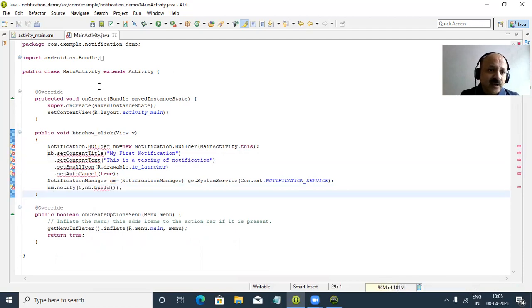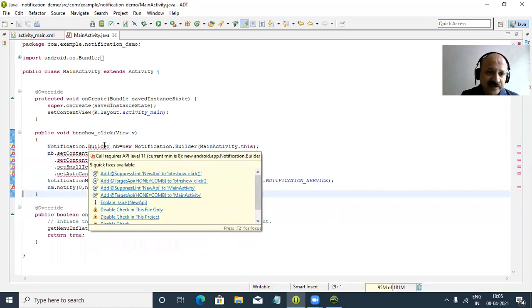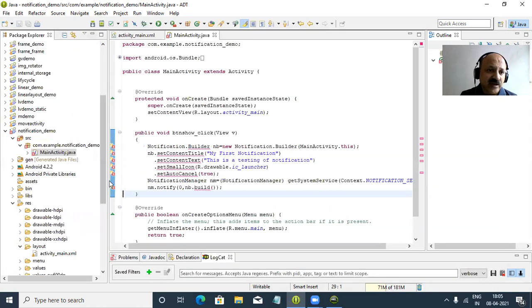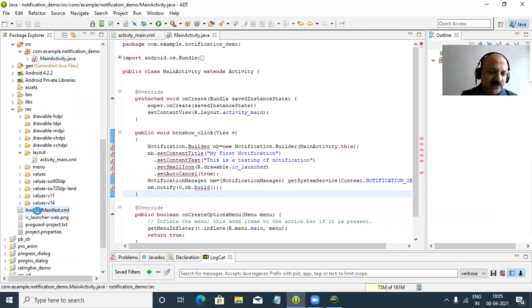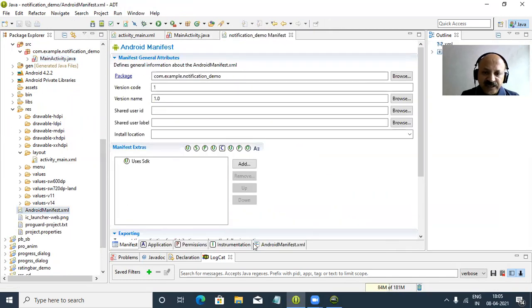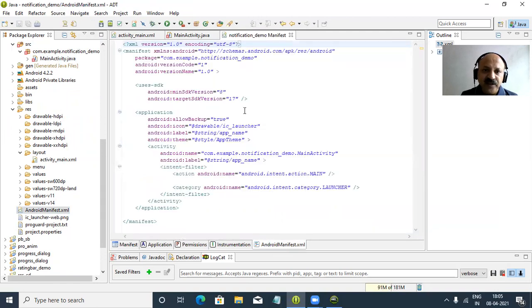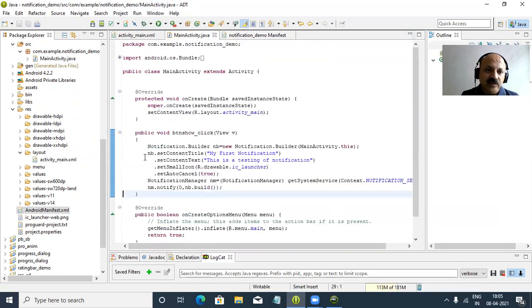So I save, and yes, you can look here, I save and there is a type error. So what is the error? Yes, it is not any code error, but API level 11 is required, and here it is 8. So what to do? We can go to our Android manifest file. Here the Android manifest file is there, and on the last tab, here minimum is 8. So I give 11 and save. So all errors are gone. You can look here, there is no error. So that is perfect.